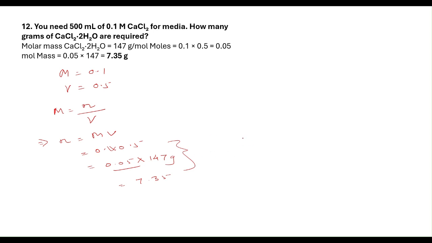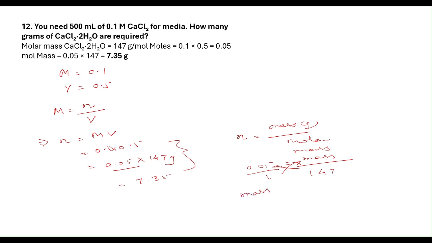So this is the one. Number of moles is equal to mass in gram over molar mass. Number of moles is 0.05, right? Now the mass we need to know, which is not known, and molar mass is 147, over 1. So we can cross multiply and it will become mass is equal to 147 into